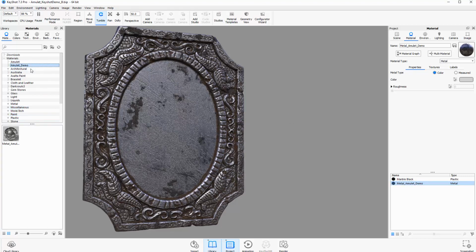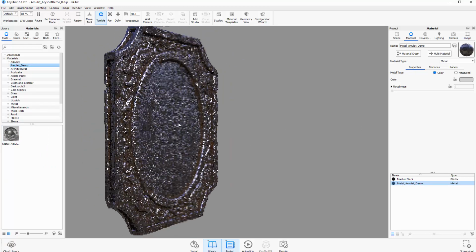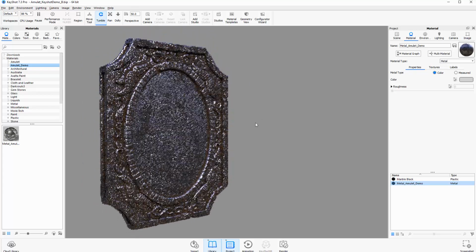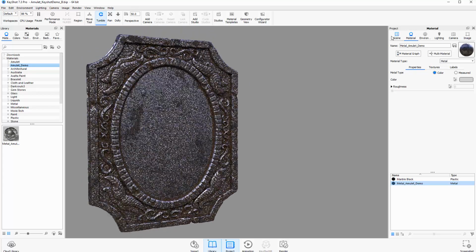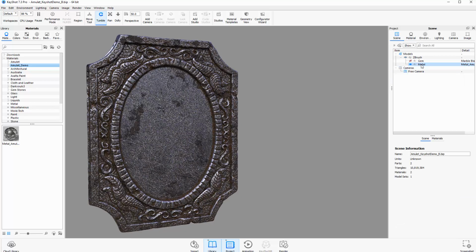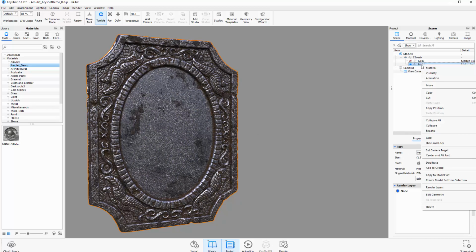And looking again at our Amulet Demo thing, now our material is this nice layered material. I want to see what this looks like on the front and back, just so you guys get a good look at how this is starting to come together. So within our scene, let's go ahead and duplicate this. Let's go right click and